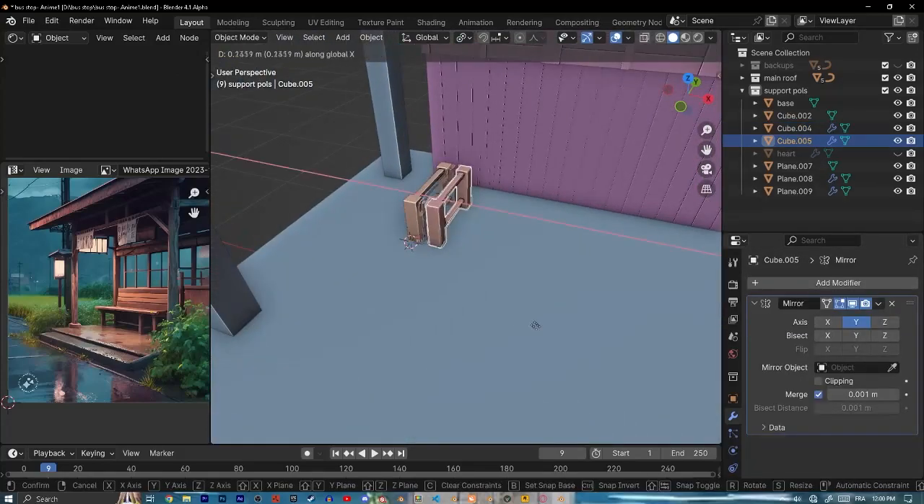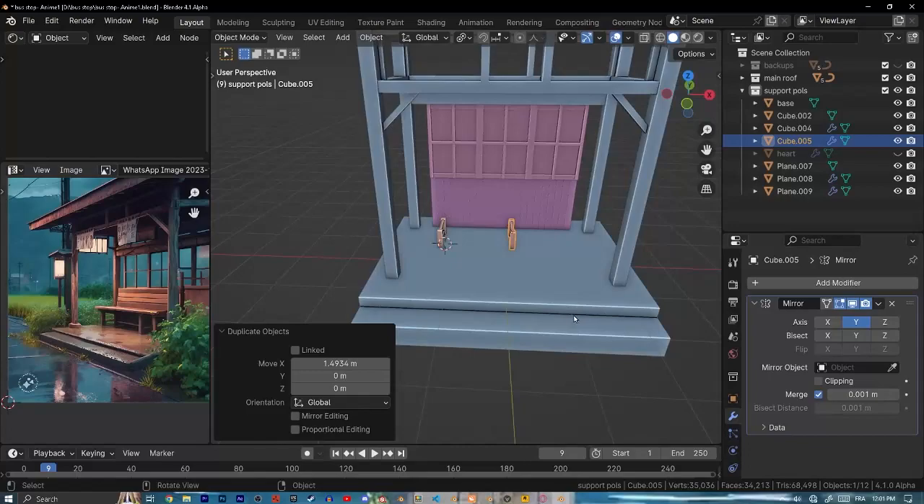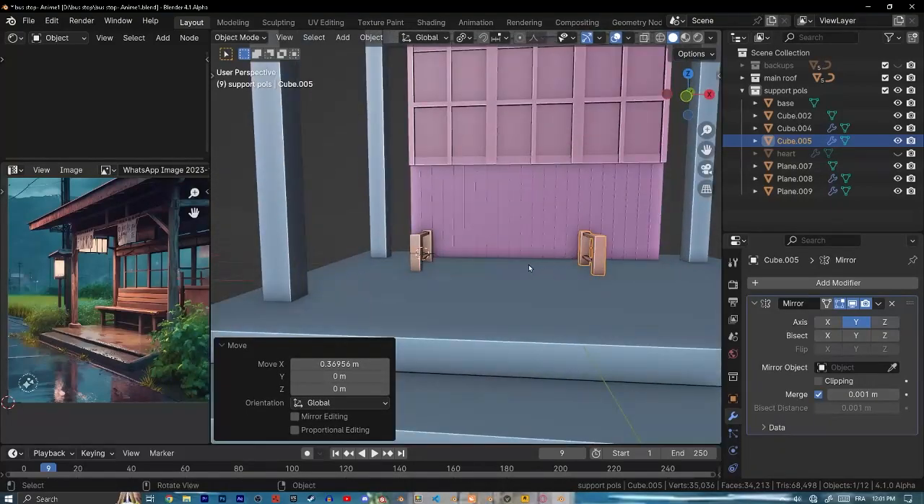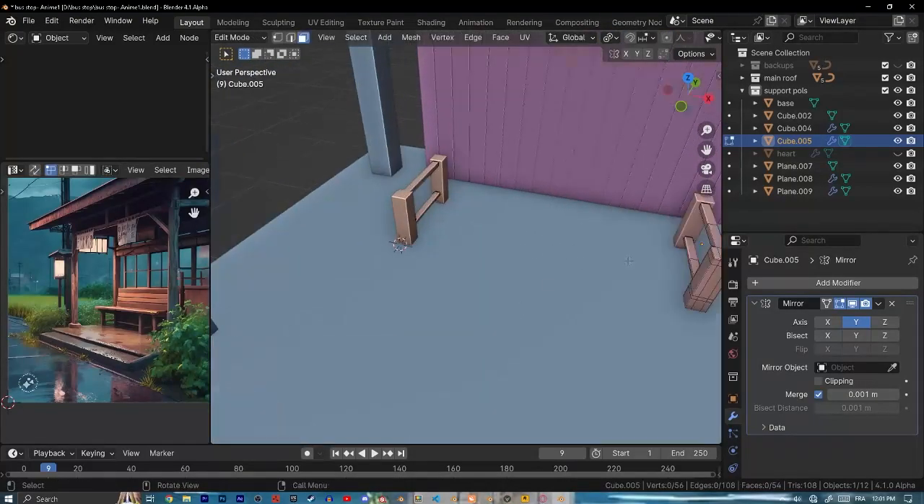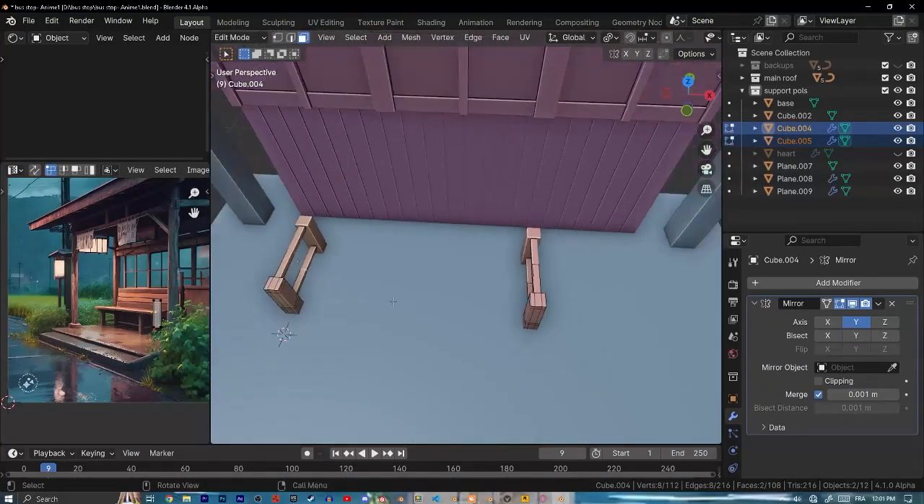As I said, Alt D to duplicate. It's a linked duplicate. If you modify someone, it will modify in the other one. You can just press Shift D to